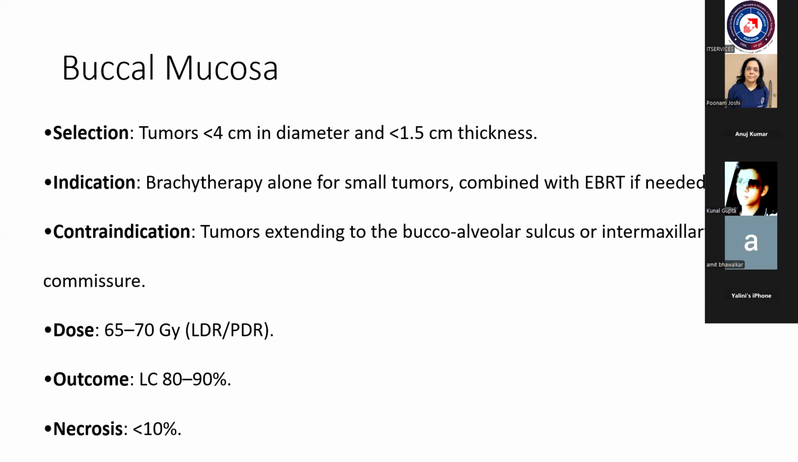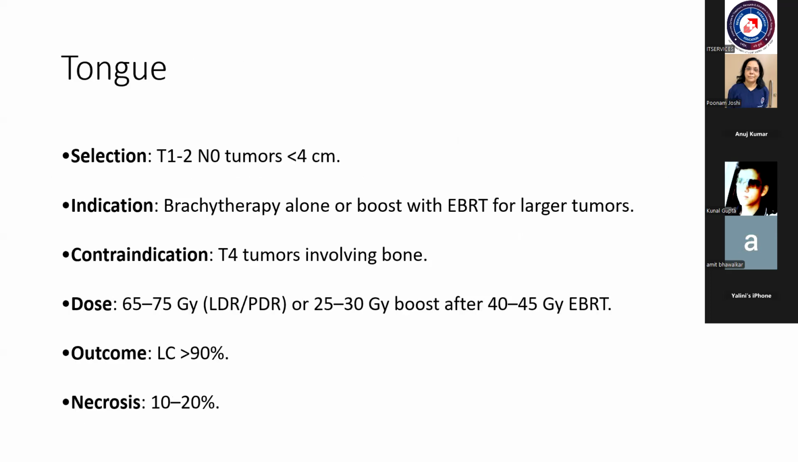And brachytherapy alone should be sufficient for smaller tumors. And again, it could be combined with EBRT if needed for larger tumors. And if it is involving the buccoalveolar sulcus or the posterior aspect of the buccal mucosa, these are not usually preferred. In tongue, also brachytherapy has been practiced, but we don't routinely use brachytherapy in tongue because we know that